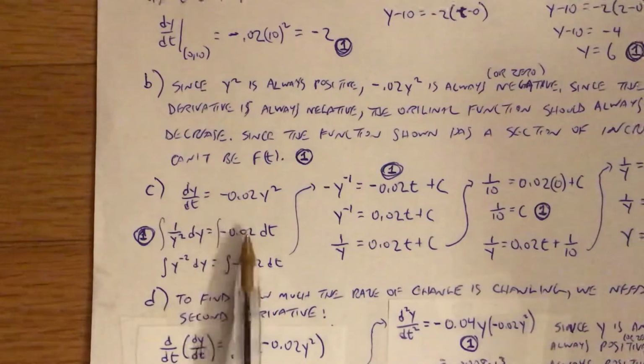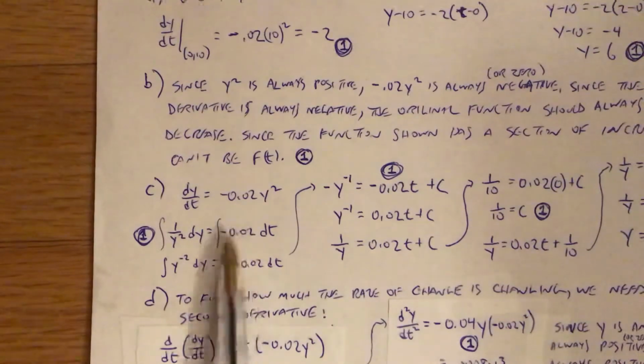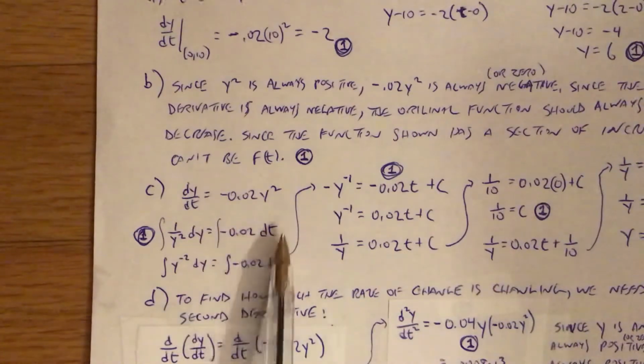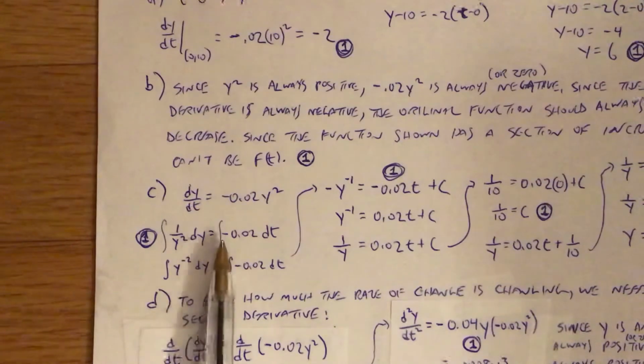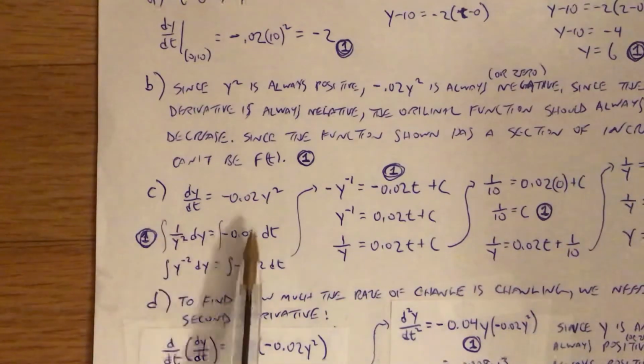I'm going to leave this number here. You could move the number over, but it just makes it harder. I'd keep it on the side with the independent variables. So I'm going to multiply over the dt, and that'll get you a point for the separation. You then need to get the antiderivatives to get rid of the differentials. So if we take the antiderivatives,